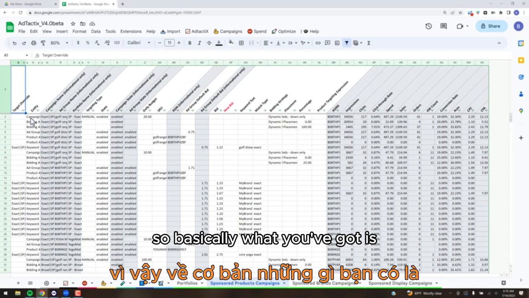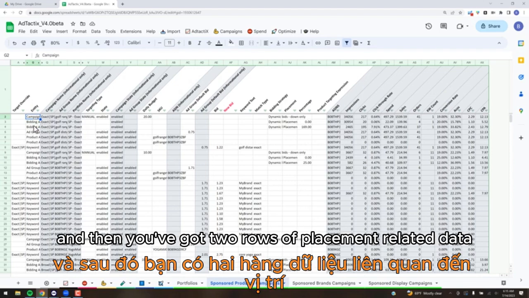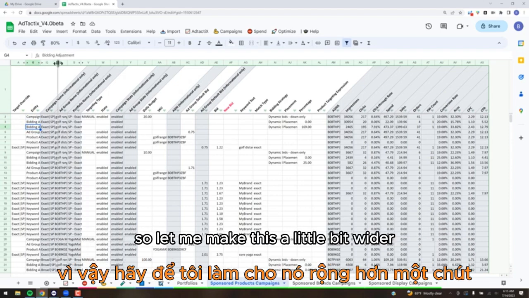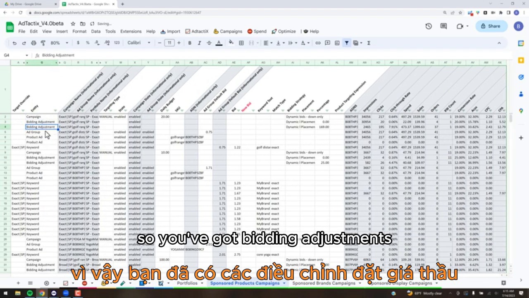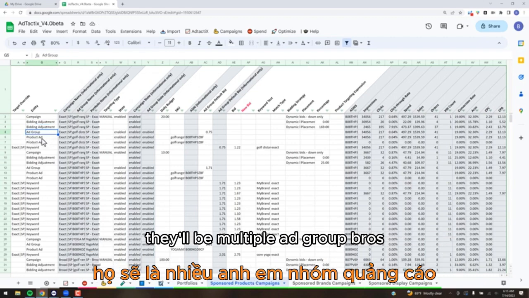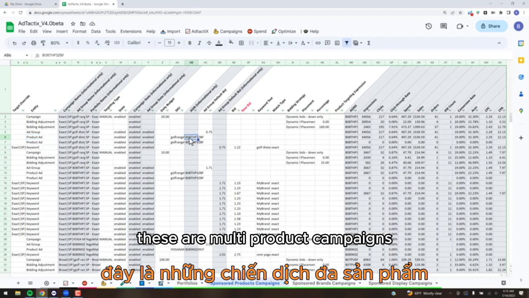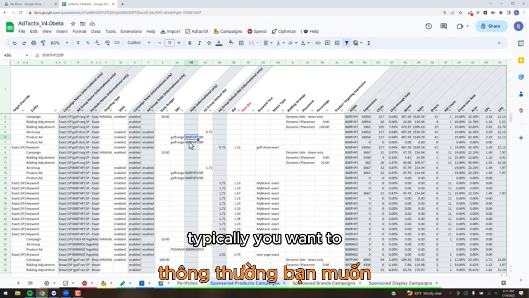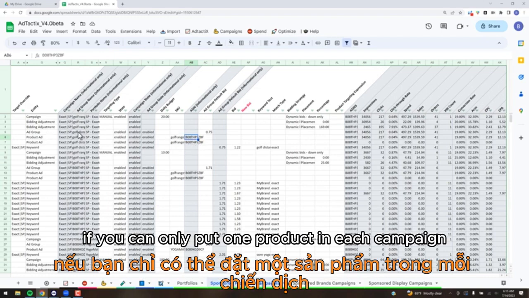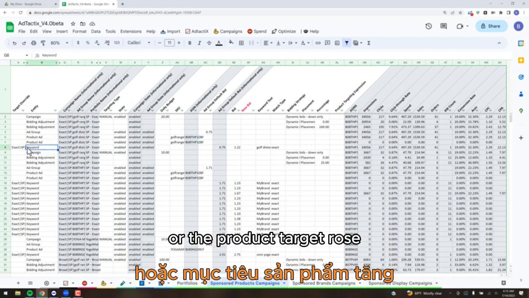All right, so basically what you've got is the rows are split out by the campaign at the top, and then you've got two rows of placement related data. So let me make this a little bit wider. So you've got bidding adjustments, then you've got typically an ad group. If you've got multiple ad groups within the campaign, there'll be multiple ad group rows. Same thing with the product ads. You can see in this case, these are multi-product campaigns. Typically you want to, if you can, only put one product in each campaign. That's ideal. And then you'll have either the keywords or the product target rows,